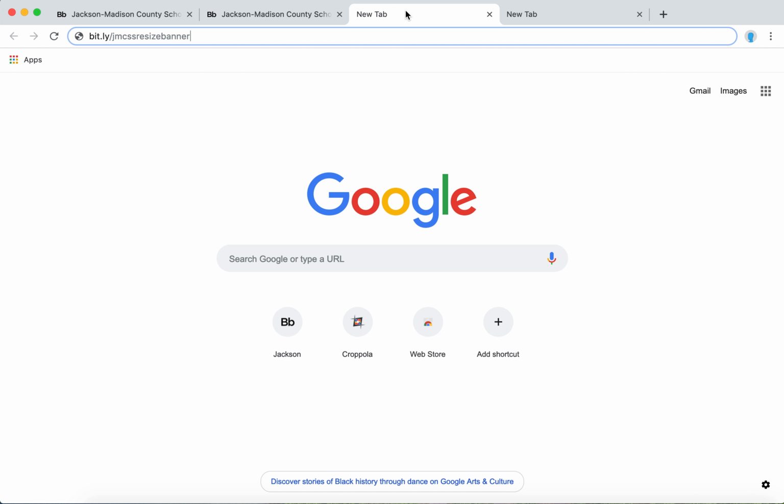So I'm going to open in a new tab, and you'll see the URL right here. We use these short URLs so it's easier for you to remember. The first thing we're going to do is resize the image. Actually, hold on, I have these out of order. The first thing we're going to do is crop the image so it's the right dimensions. So the first site I want you to go to is